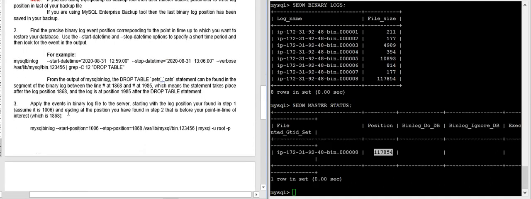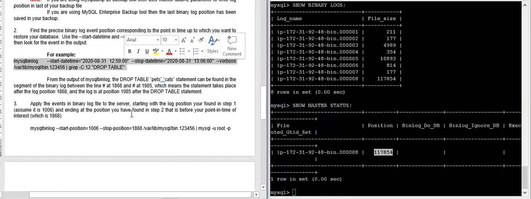After this, apply the events in the binary log. Now the start position will be from your backup, because you have first restored the backup. In that backup, you will find the last position. So from that position to this position, which you have found in the log using this command, just before you dropped the table.